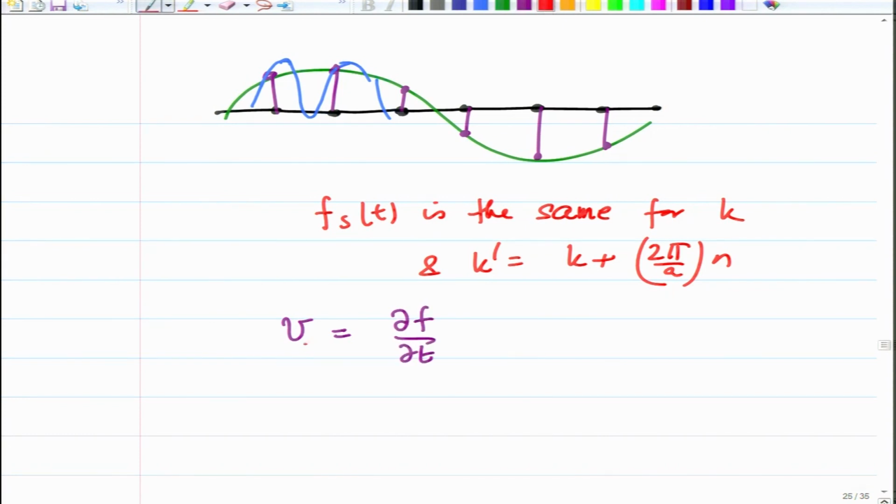Let me put a subscript s here just to show for the sth position, and this